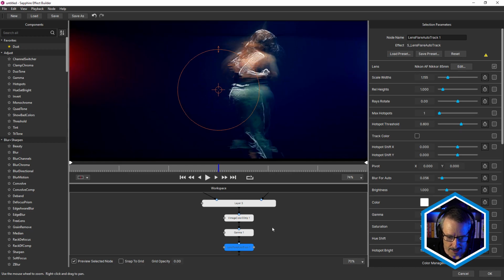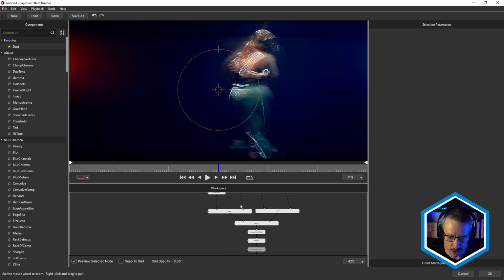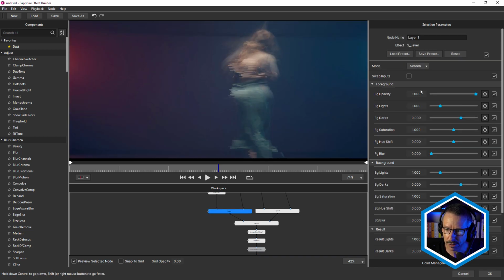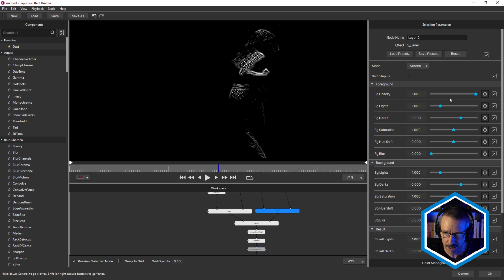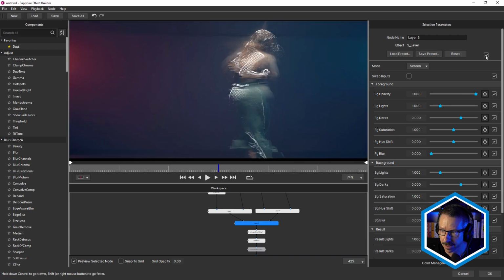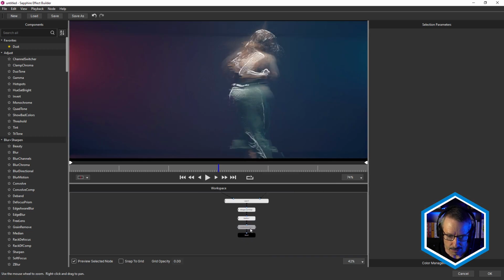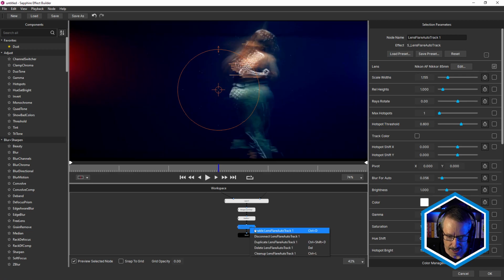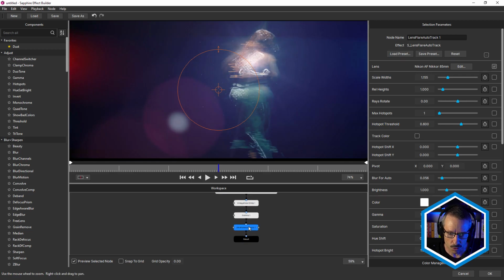I'm really glad that happened, actually. You see how it's grayed out? So what we're going to have to do, because we've got all of these layer effects in here, we don't really want to see these parameters outside of the builder in the host. So we're just going to uncheck each of those. Don't need to see any of those parameters. Like that. And if we select this one now and right click and choose enable, and now it works.